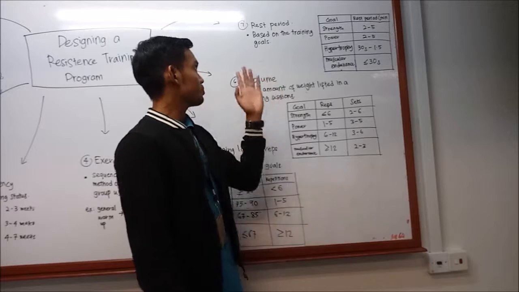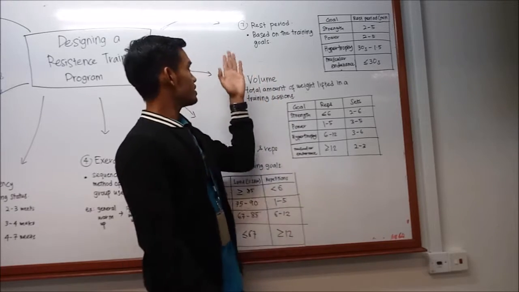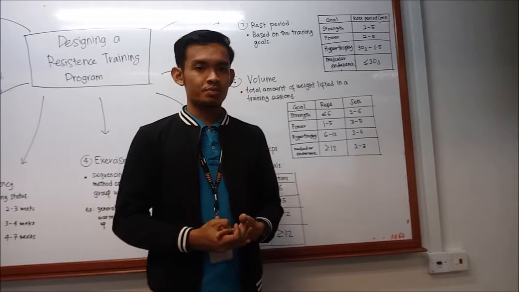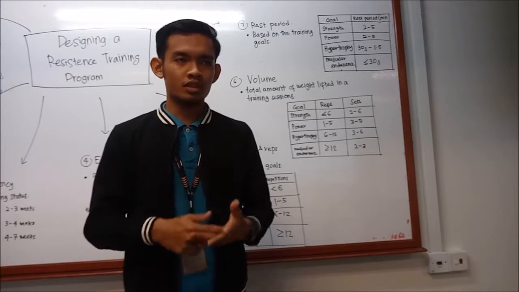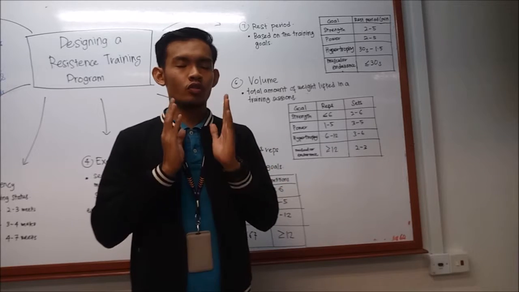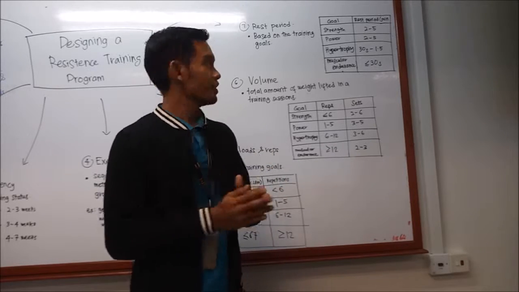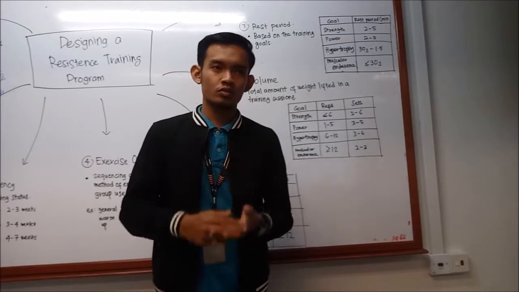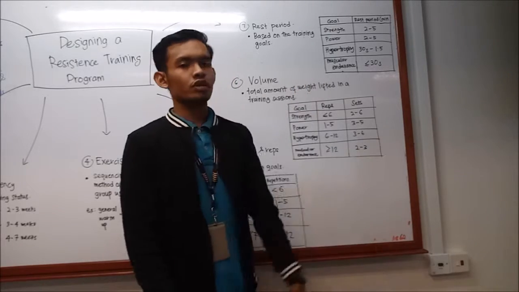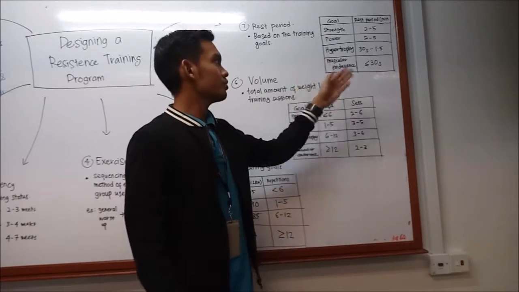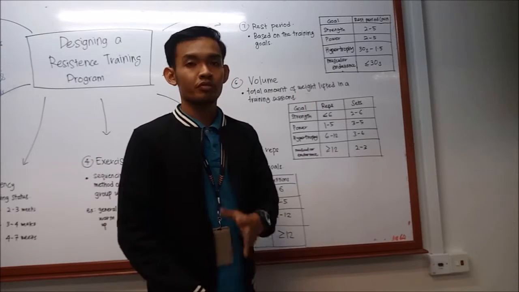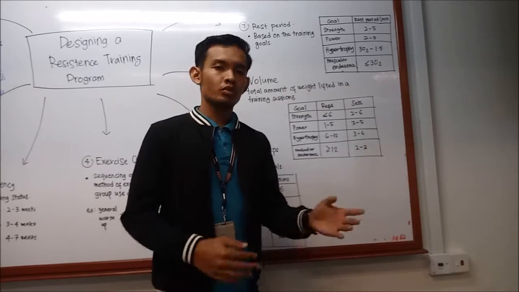And then we go to the last point, which is rest period. Why is rest period important and included in the NATEC VR? Rest period is the rest time that you need to have when we are training, and it is only based on the training goals. For the strength, how much you need to rest is 2 to 5 minutes, and for the power also 2 to 5 minutes. Hypertrophy about 30 seconds to 1.5 minutes, and the muscular endurance below 30 seconds.